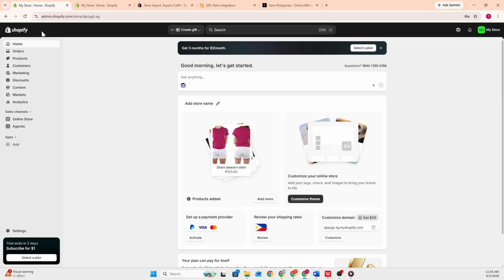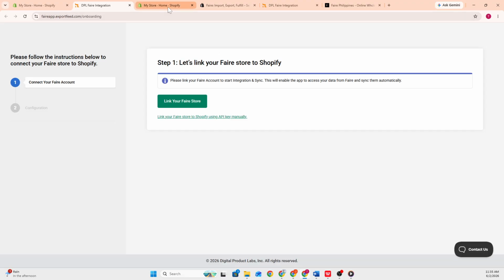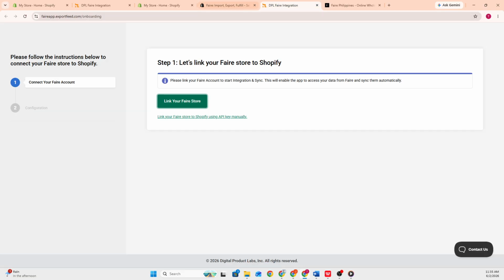At this point, the installation and connection process is complete. You have navigated to the Apps section, searched for Faire, opened the app page, installed the application, followed the setup process, granted any required permissions, connected your accounts, and completed the configuration steps. That's all there is to it. Your Shopify store is now